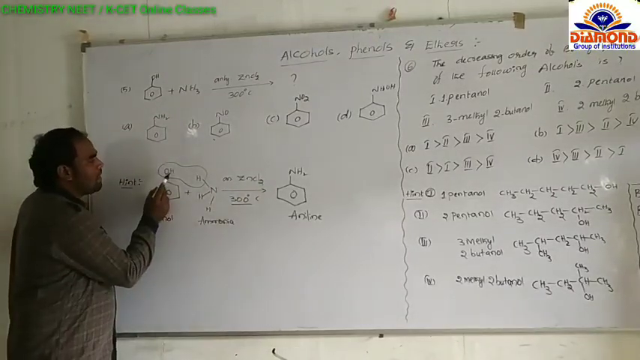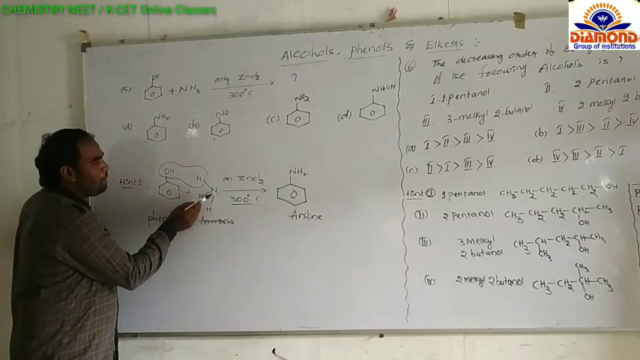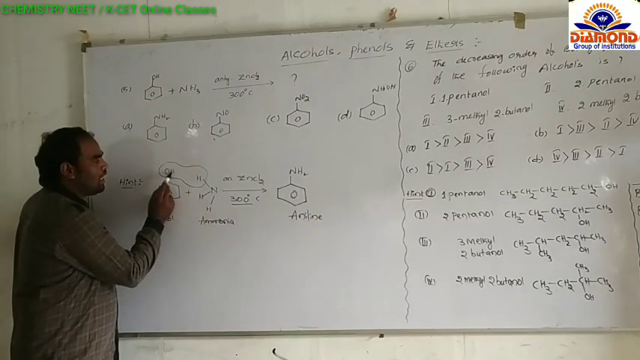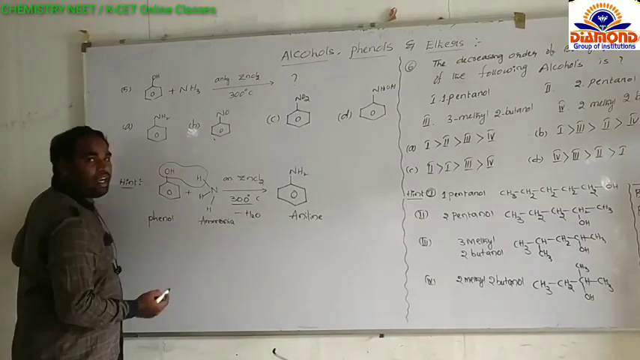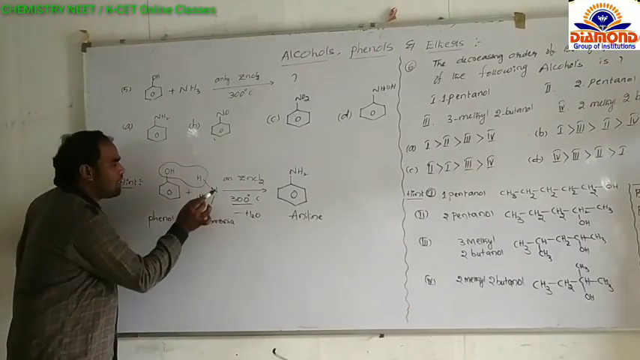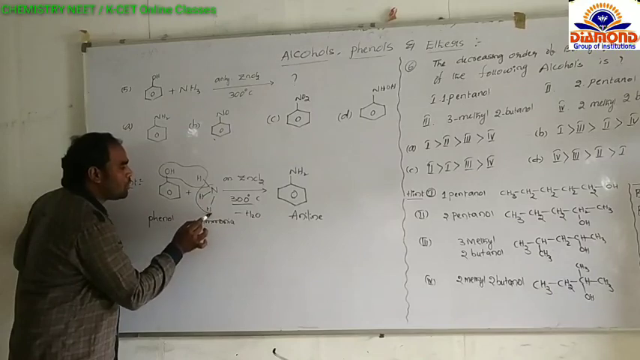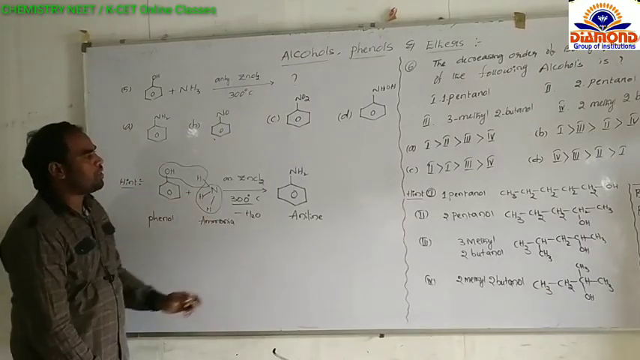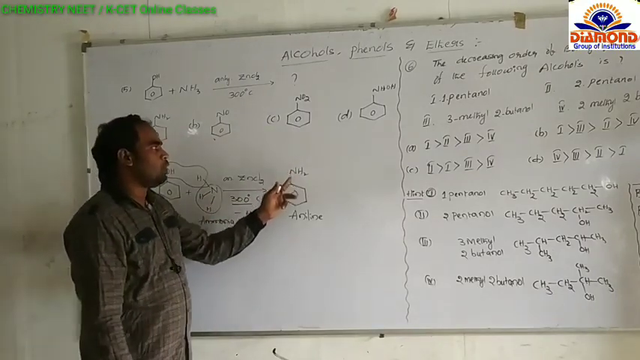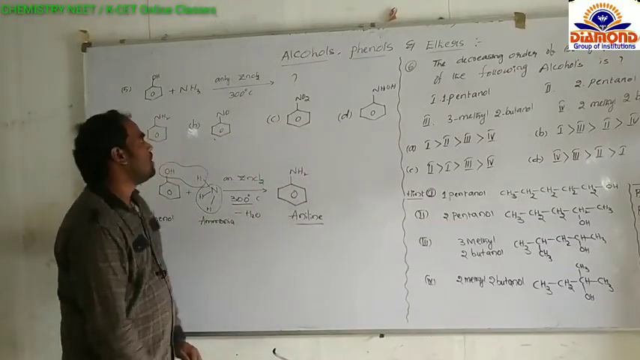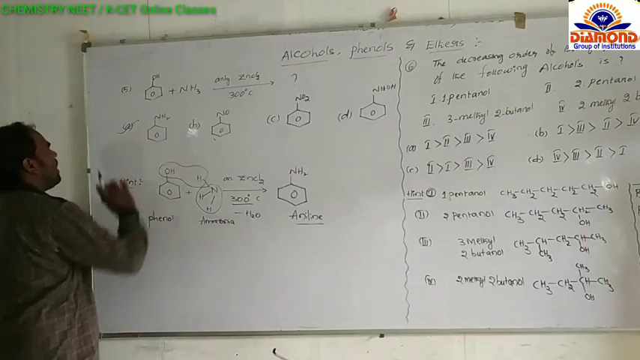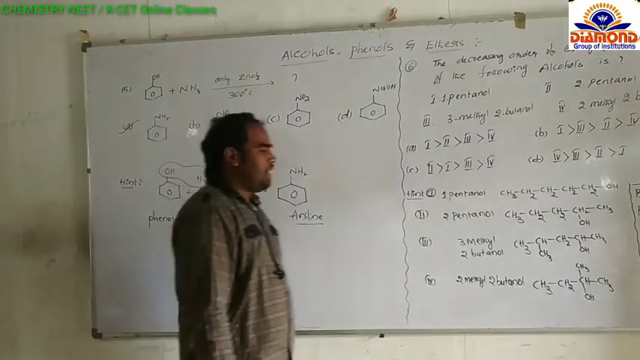What happens here? The OH group and, from the ammonia, hydrogen, both are eliminated as water, and in place of OH here, an NH2 group is substituted. Then NH2 group and benzene, the product is called aniline. So therefore the answer is A for this question. Next question here,